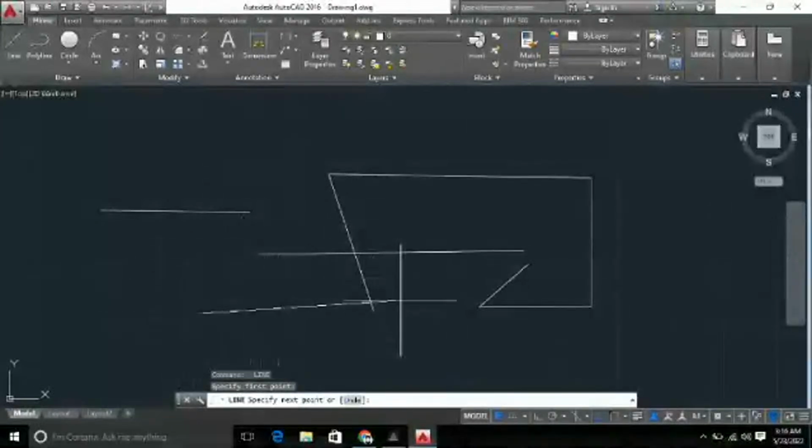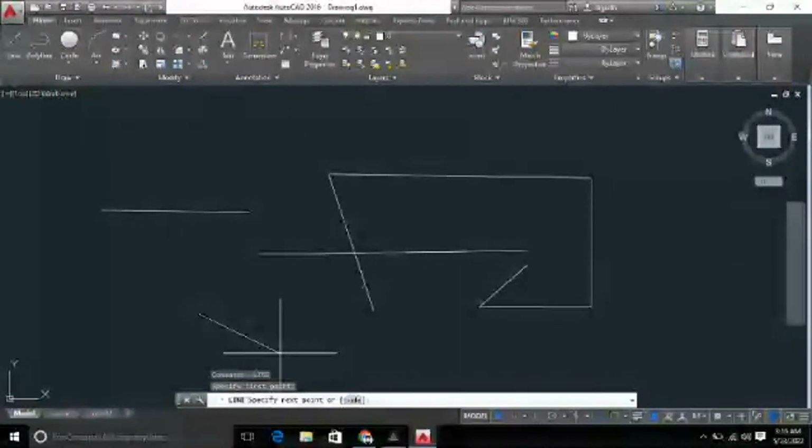I click on the first point. You see, it can move in all directions. If you don't want to draw a line at any angle, and want to draw a straight line only along the x-axis or y-axis,